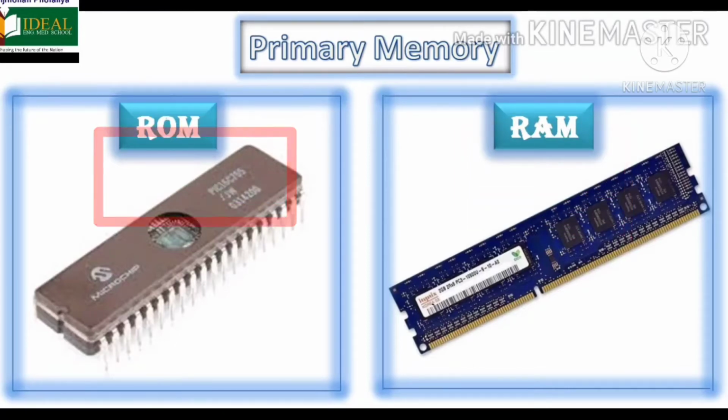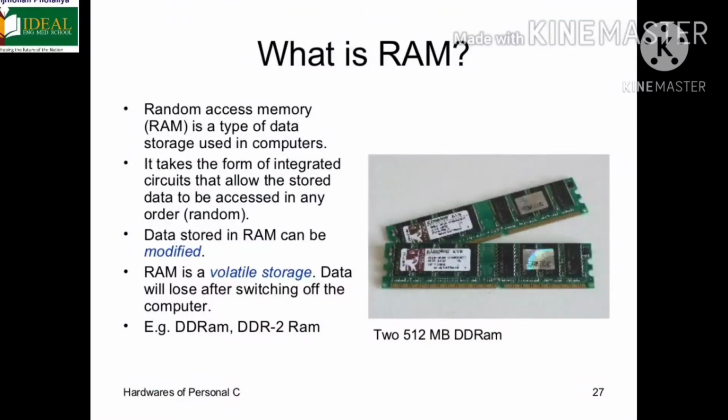The full form of RAM is random access memory. Information is stored in the RAM in the form of electrical pulses. Hence, anything stored in the RAM will remain stored there only as long as the electric power is supplied to the computer. If there is an interruption in the power supply, or if you switch off the computer, you will lose all the information stored in the RAM. Hence, the RAM of the computer is a temporary memory or a volatile memory.